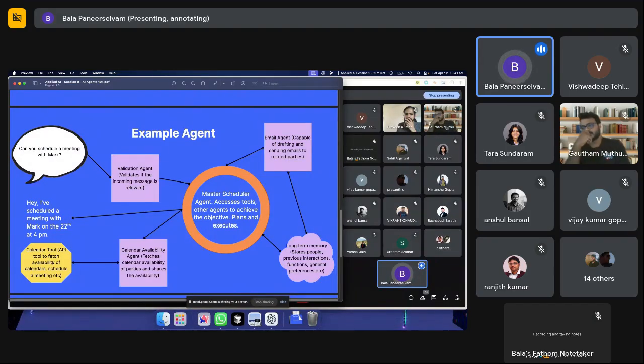So you provide those APIs as a tool to this calendar agent. If the agent gets a request saying, hey, get me the availability of this person, it will just fetch the corresponding person's calendar using their credentials or whatever, and send it back to the master scheduler. So that's its job. So the master scheduler will have calendar availability, it will have the preferences, it will get additional information if it wants via email, and then it will send a response saying that I've scheduled the meeting. So if you are building a scheduling agent, a simplified version looks like this,